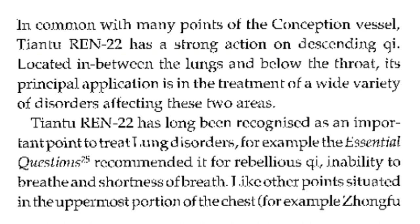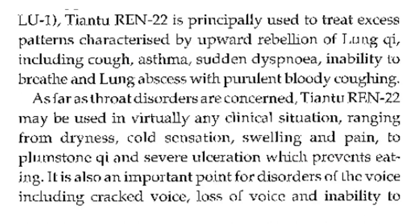Like other points situated in the uppermost position of the chest, such as lung 1, REN 22 is principally used to treat excess patterns characterized by upward rebellion of lung chi, including cough, asthma, sudden dyspnea, inability to breathe, and lung abscess with purulent, bloody coughing. As far as throat disorders are concerned, REN 22 may be used in virtually any clinical situation, ranging